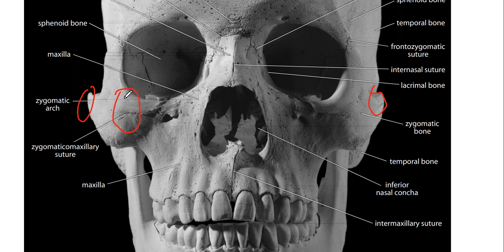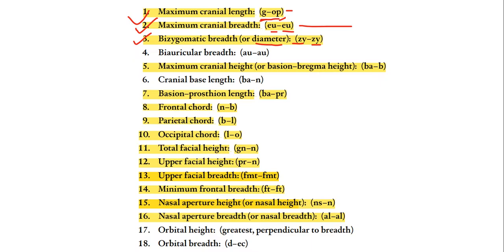So it could be on the zygomatic arch, it could be on the zygomatic bone also, but do not come towards the maxillary part. Only on the zygomatic arch you have to see which is the most posterior point, and the most posterior point you will determine by sliding the calipers. Fine. So this is maximum bizygomatic breadth.